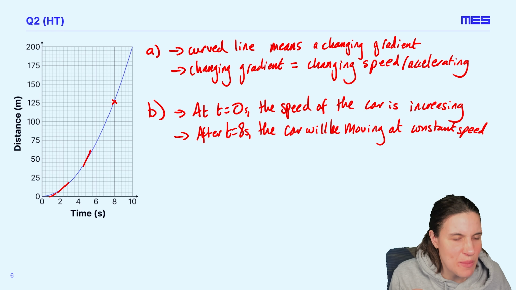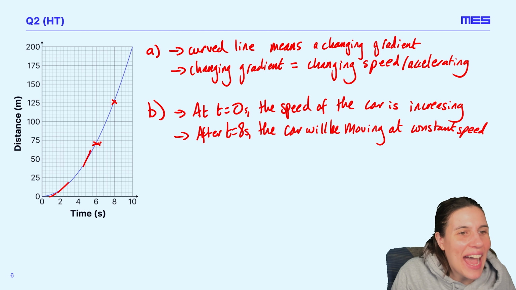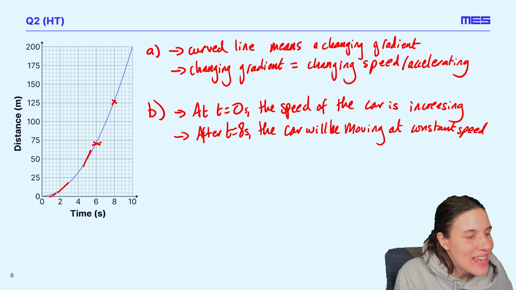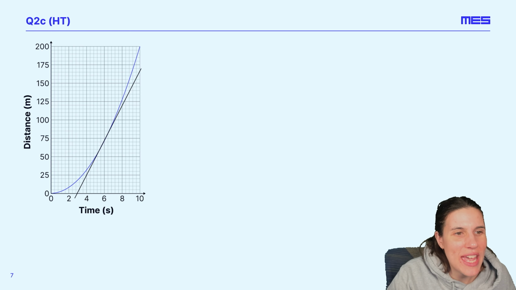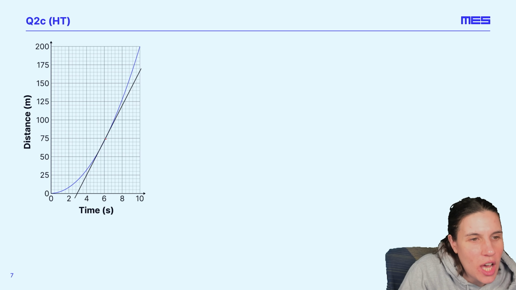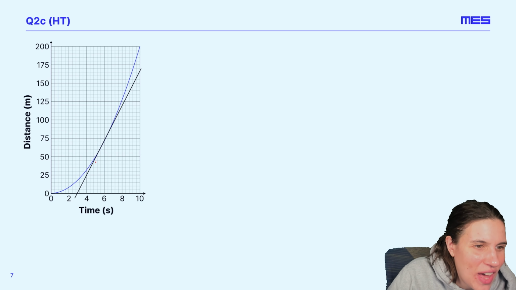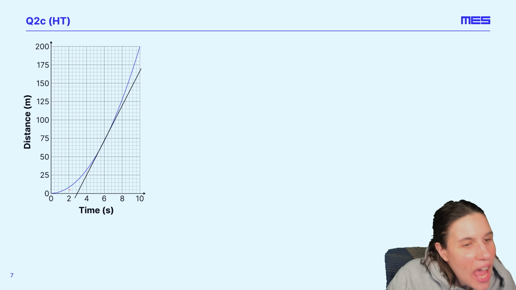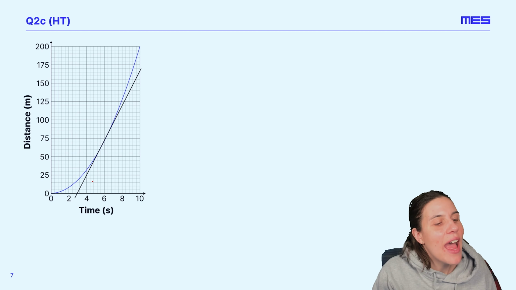Right, now, part C is a little bit more tricky. We need to estimate the speed of the car here, at 6 seconds. Now, that's just that little bit more tricky this time than it was in the previous question because we've got a curve. So what we need to do is we need to draw a tangent to our curve at 6 seconds, just like I've done here. So I've drawn a straight line that just touches the curve at 6 seconds. If I can find the gradient of this black straight line, then that will give me an estimate of the